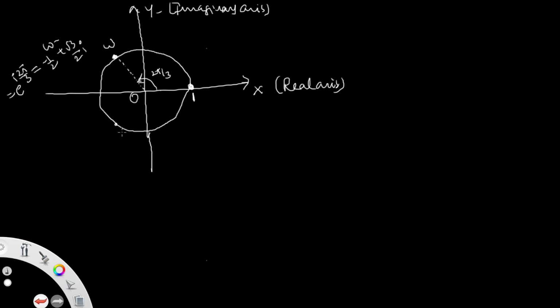Whereas I take the mirror image, that is omega square, minus 1 by 2 minus root 3 by 2 into i. That is the mirror image of this one. We plot the same thing. Conjugate means always the mirror image. That is why we take it as omega square at this point. Now I join these points to omega square. This angle also makes 2 pi by 3, and joining to the next, this to 1, and this also joining 1 to omega, the remaining angles are formed. This is 2 pi by 3, this angle is also 2 pi by 3, and obviously this angle is also 2 pi by 3.